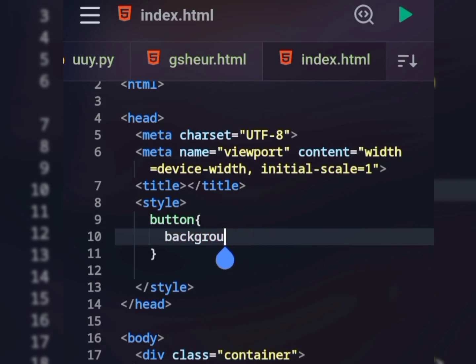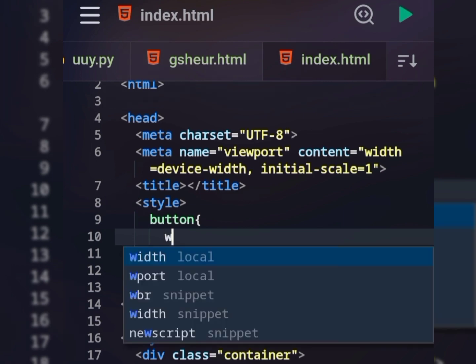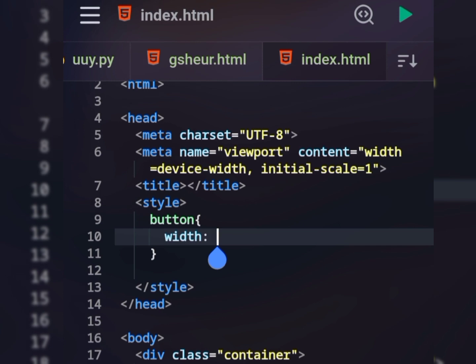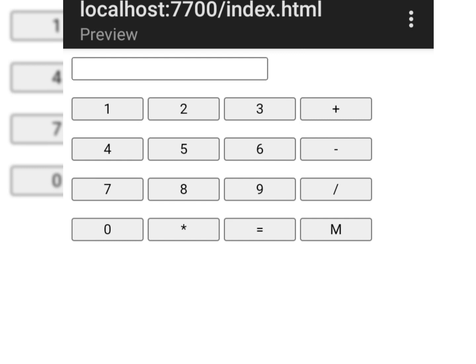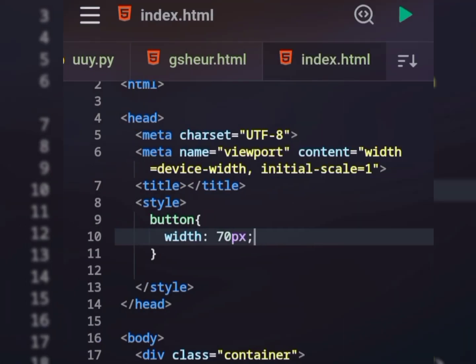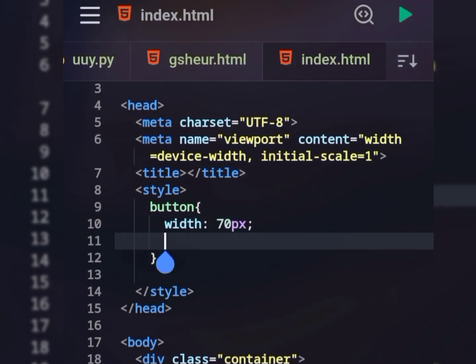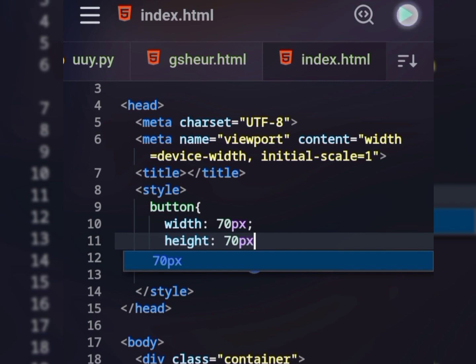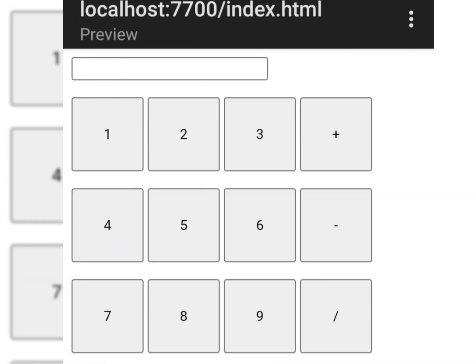So let's clear this a bit, and we're going to be assigning a CSS property that will change the width of our button. Okay, so type width colon 70 pixels and semicolon. Okay, so if we should run this, you discover that our width is a bit stretched out. So let's kind of make this into a square. For this, we'll need to increase the height. So go back to your CSS and we're going to type height, then colon 70 pixels, then semicolon. Now, if we should run this, you discover that our button is in a square shape,